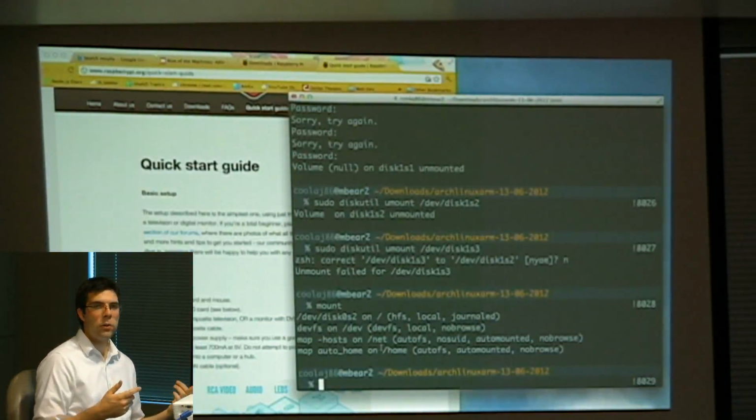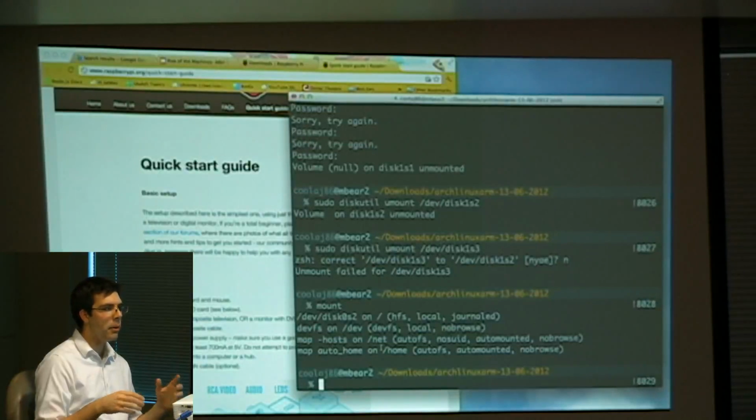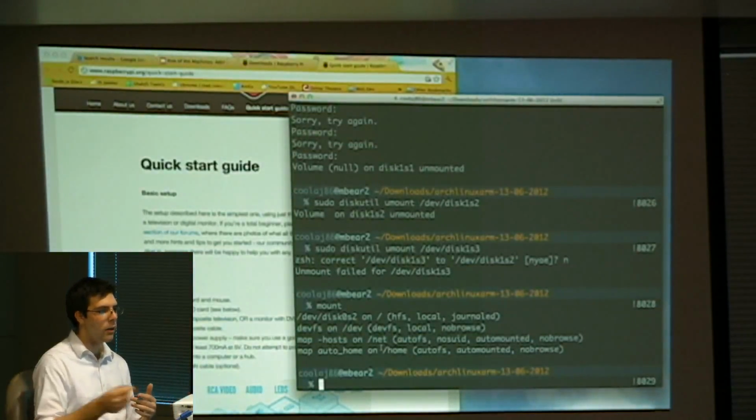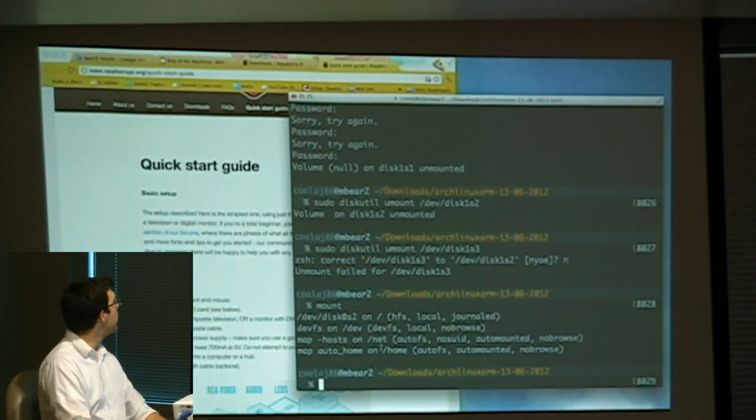But yeah, if you use the GUI tools to unmount it, most of the time it powers it off, and so then you have to take it out and stick it back in and then do it with the command line. So all right, now it's unmounted, and now I could do